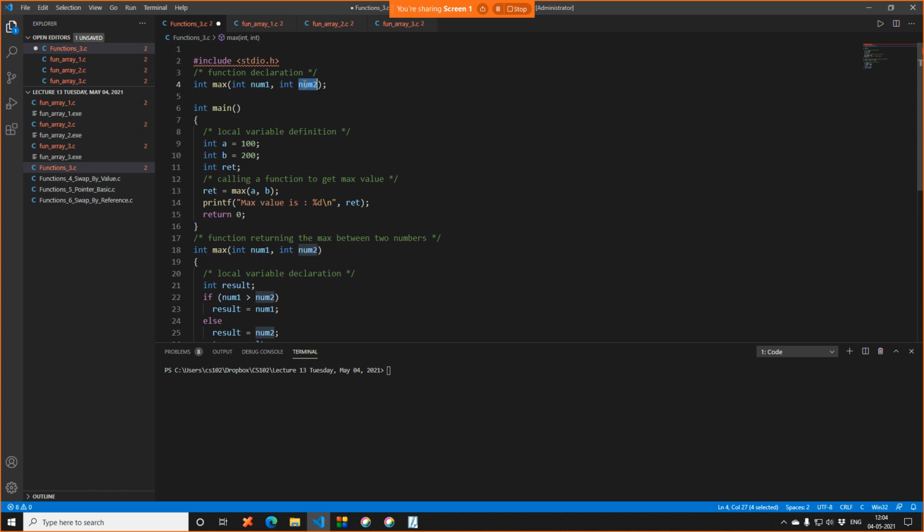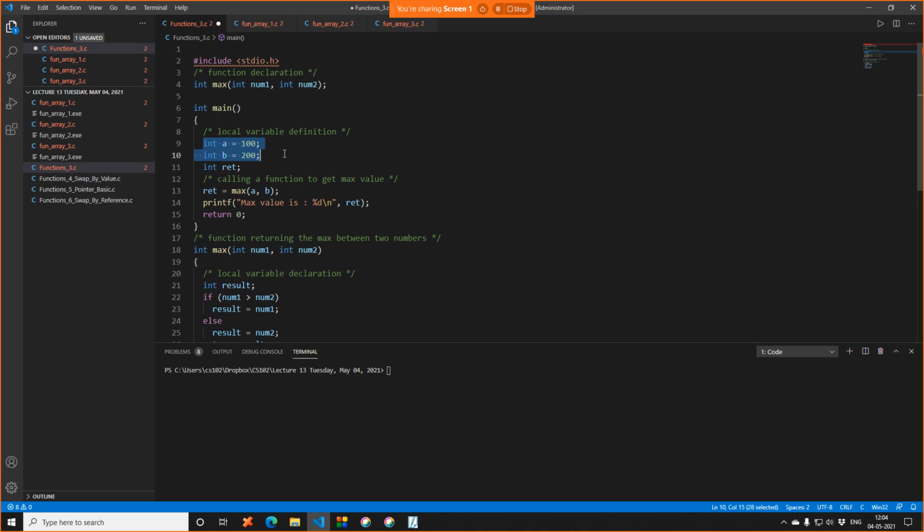Everything within the braces is known as a function body. And this num1 and num2 are known as arguments. Just terminology, but of course you may see it in the quizzes. Some books refer to these as parameters, some refer to them as arguments. Both are the same, right?